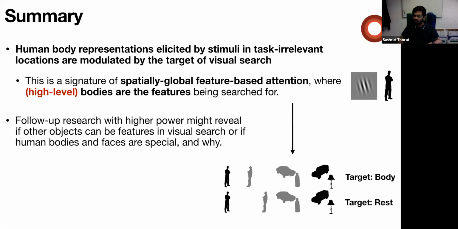Yeah, so it's unfortunate we did not find these signals for other objects. We don't know exactly why that might be happening, but it most probably is a power issue. So we might want to do an experiment with fewer objects to find this signal for other objects. And if we don't find it for other objects, that's also interesting. Why would it only be present for humans? That would be something for future research. And that's it. Looking forward to your questions.